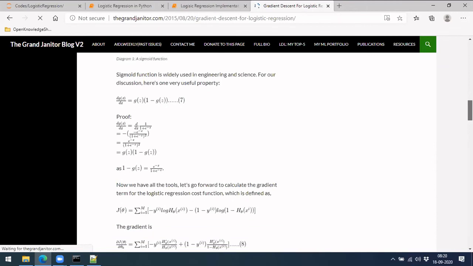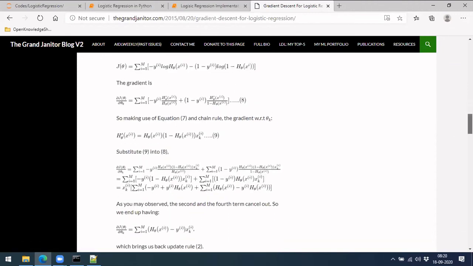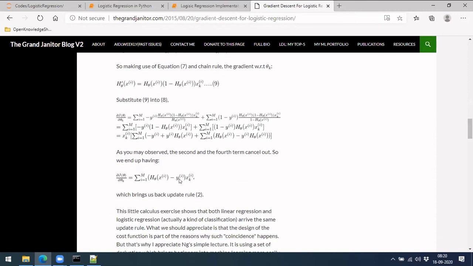Once this is done, then finally your j theta is something like this. When you do the derivative, they computed all this, and finally you got your value like this. So let's take only the final result. Instead of going to all the places, this is the final result. What you got is the derivative of the entire loss function. We are doing partial derivative with respect to theta, right? This is what we need finally. So we got something like this.